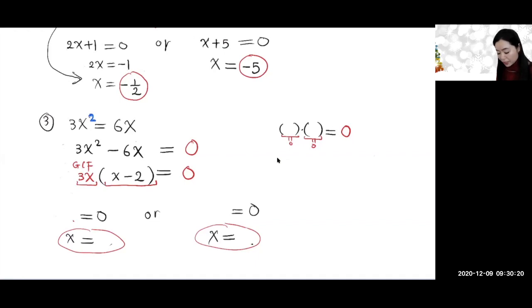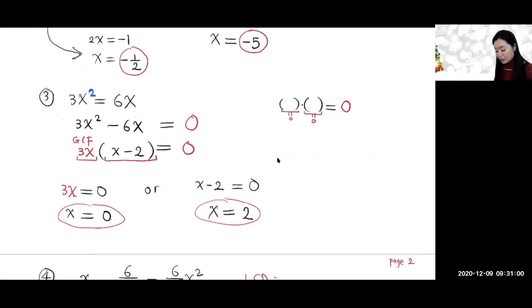So we'll have either this first factor here equal to 0, so we'll have the 3x over here equal to 0, or we can have x minus 2 equal to 0, which is the second factor here equal to 0, okay? Solving for x over here, divide both sides by 3, x equal to 0, right? Okay. And then here, add 2 to both sides, x equal to 2, right? X equal to 2. So you got two solutions,